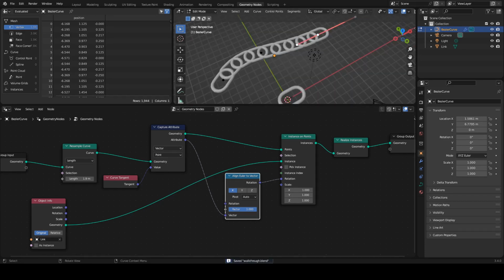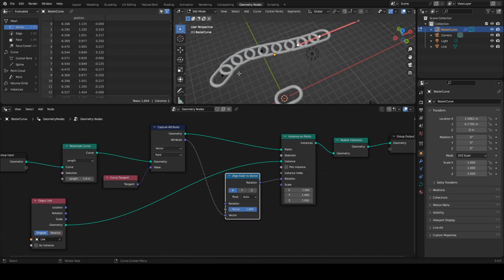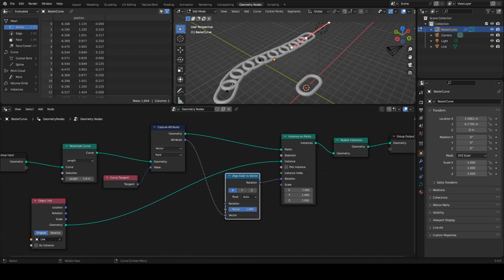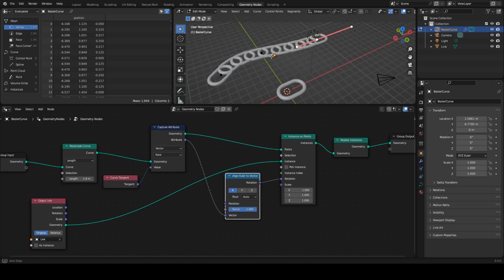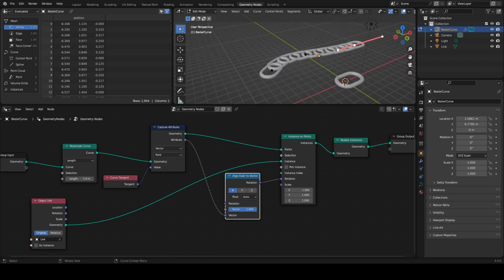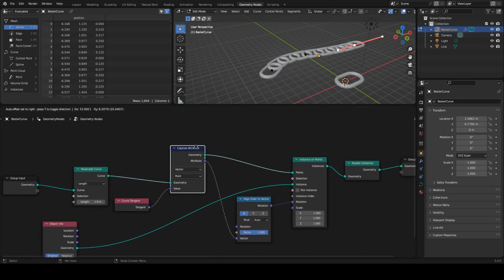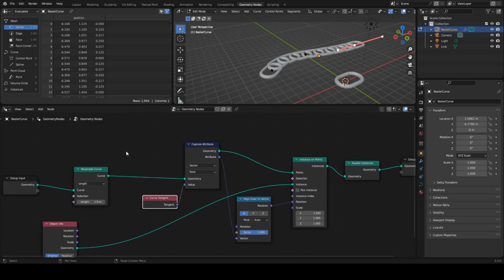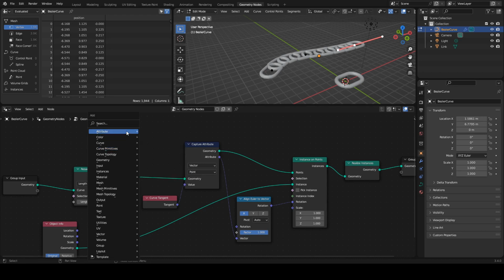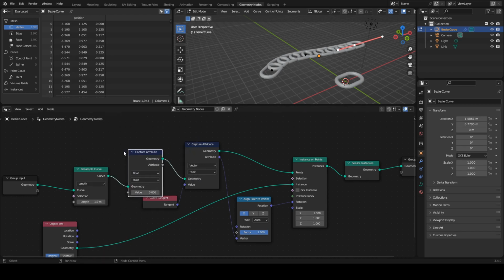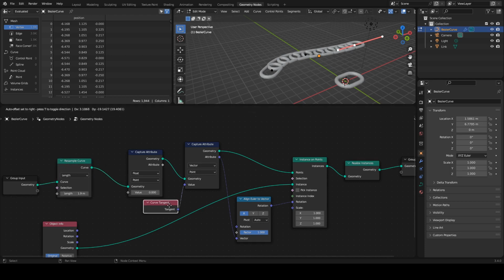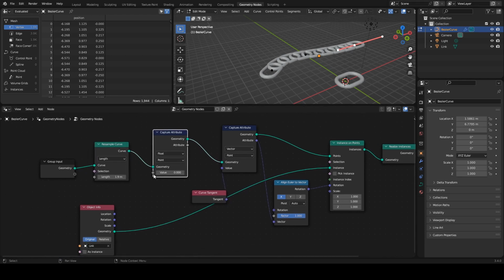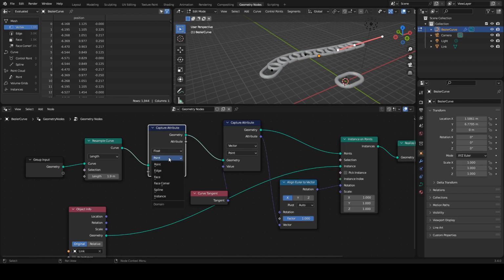The next thing we're going to want to do is have these chain links alternate so that one is flat and then one is upright and then one is flat and one is upright. Or in other words, we want to rotate these links 90 degrees every time we take a step along the chain. Well, in order to do that, we're going to need another capture attribute node. I'm going to come over here and go to attribute, capture attribute. Let's put that spy in the middle of the flow here so it is now capturing another valuable piece of information. This time we're going to capture, no, not point, we're going to capture integer